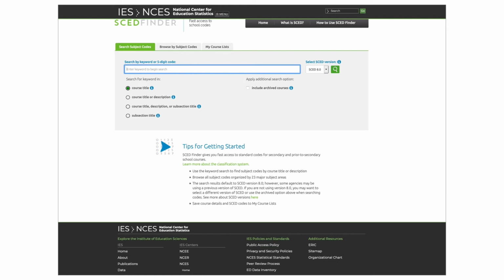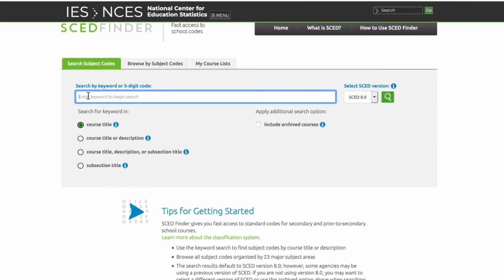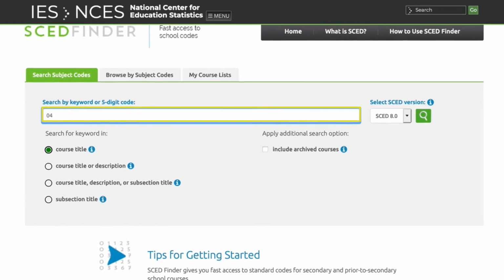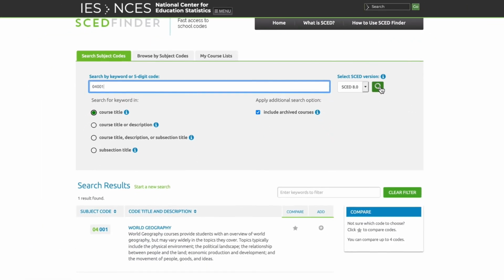For this next example, let's imagine you have a 5-digit SCED code, but you don't see the course associated with it. Instead of searching for keywords, you can search by the SCED code to find the title and description of your course. The Browse feature may be what you need if you are interested in reviewing all the SCED codes